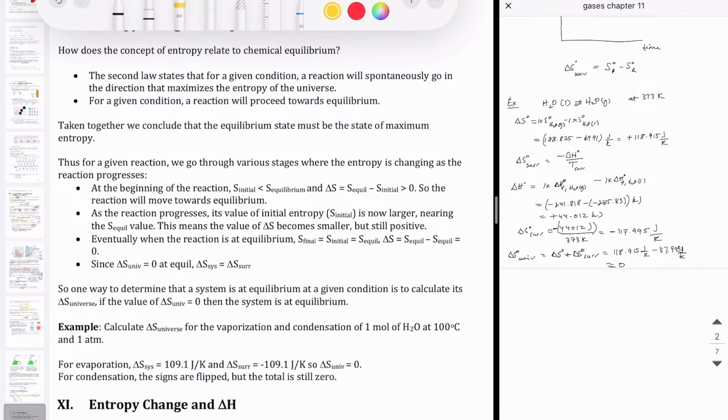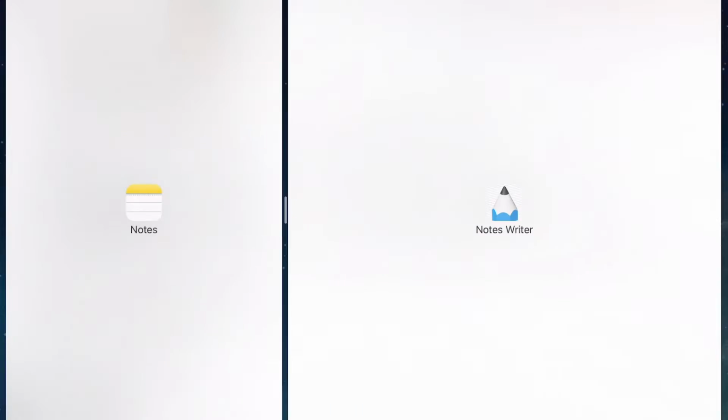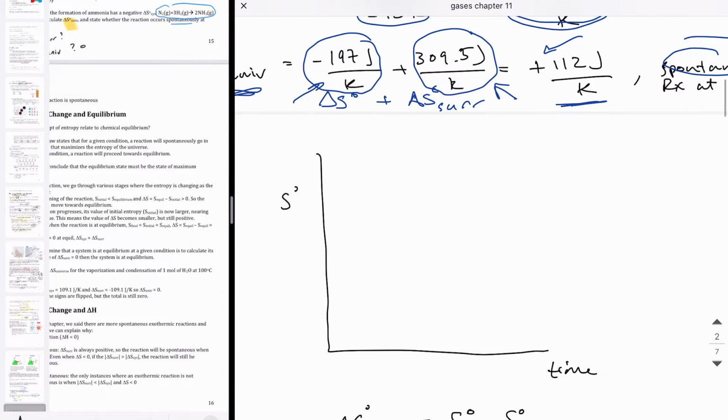The way you want to think about it as you go through a reaction is described here, but I'm going to draw it out for you in this graph. So imagine that we have a plot where the x-axis is time and the y-axis is the entropy of the universe value of your species. We split this plot into three different parts. At the beginning of the reaction, the entropy of the reactant is pretty low and the entropy of the product is pretty high. So if we calculate the change in entropy, which is the product minus the reactant, we get the delta S of the universe. In this case, that number is going to be positive, and that tells us that the reaction is going to go towards the product side.